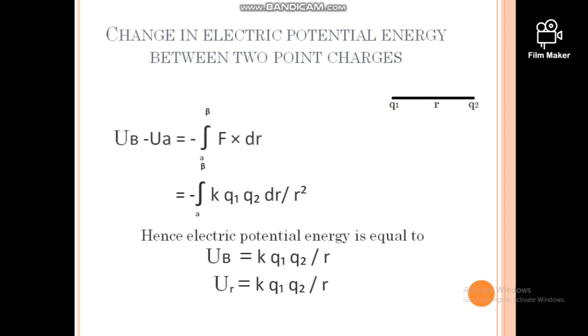Now we derive the electric potential energy between these two point charges, and for this purpose we write the value of F in the above equation, and this becomes delta U, that is equal to UB minus UA, that is equal to minus